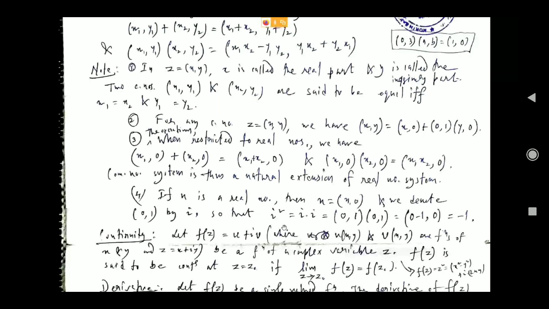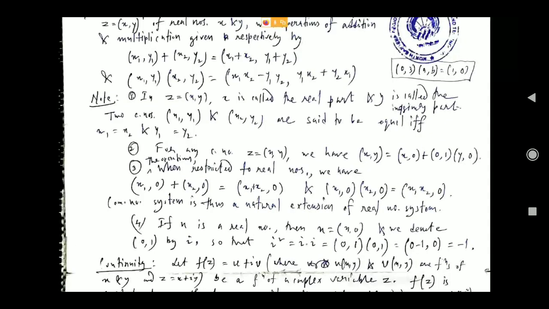You also have an interpretation involving rotation. I cannot show you right now, but if you multiply any complex number by i, it gets rotated in the anticlockwise direction by 90 degrees. So if you see what the position of (0, 1) in